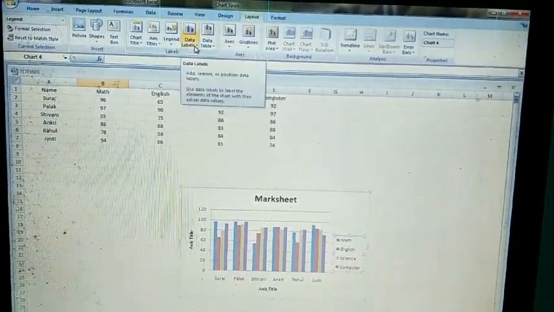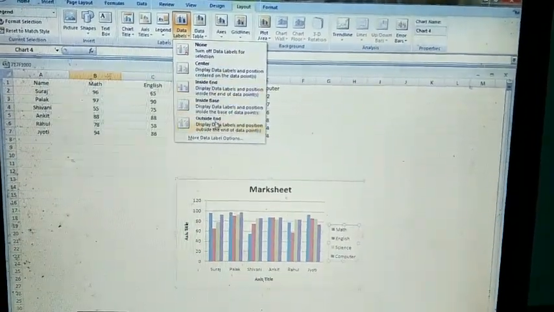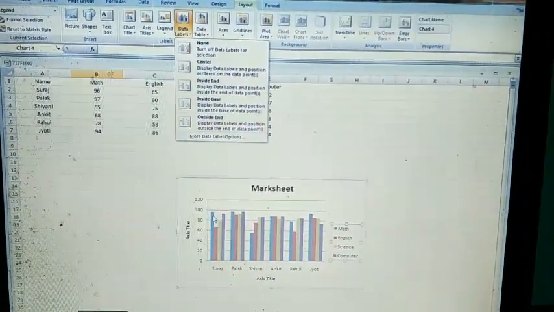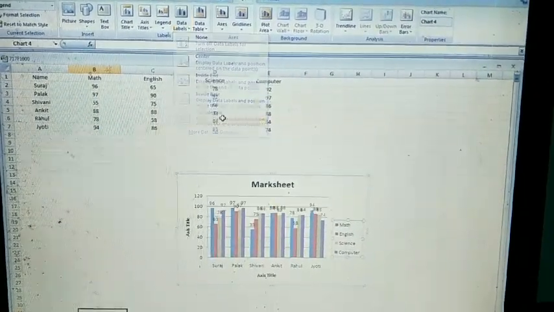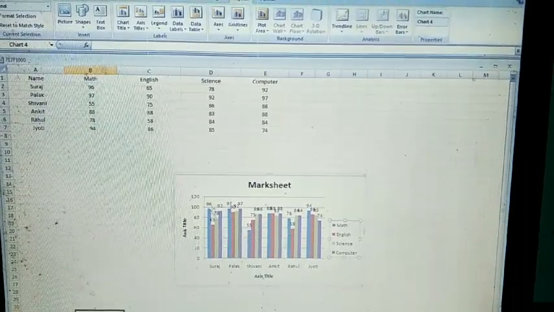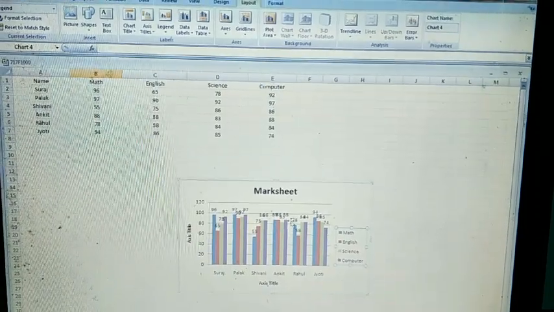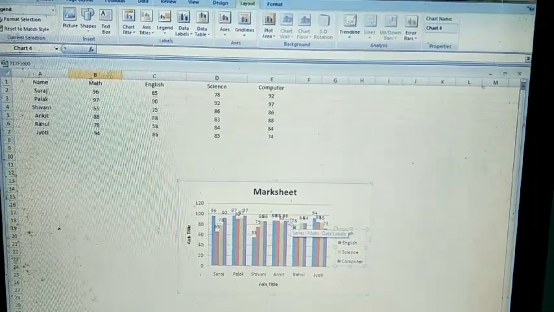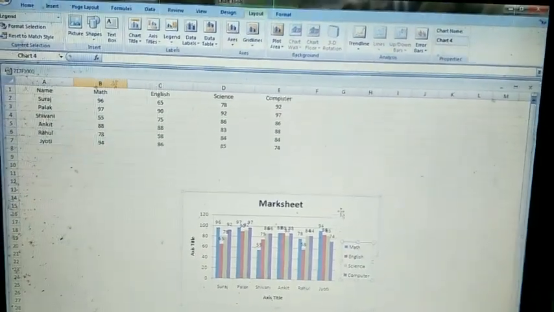Next one, data labels. Click here, and after that watch here, you can insert the values as the label. So this one is called data labels. Got it?